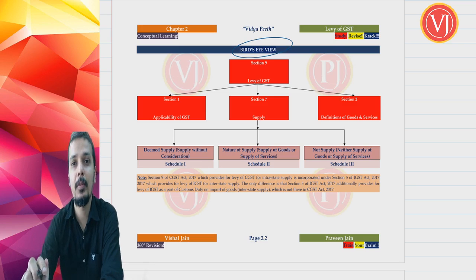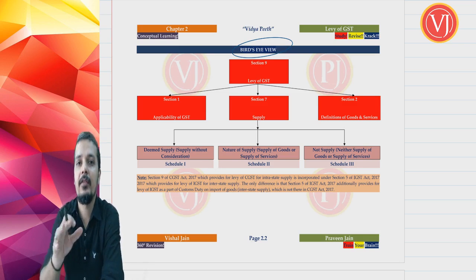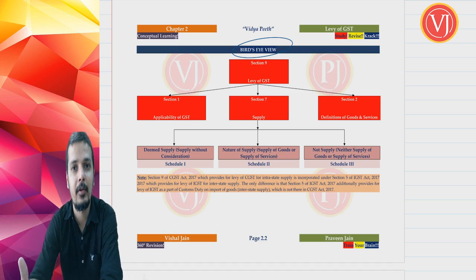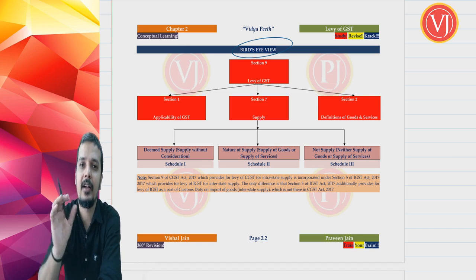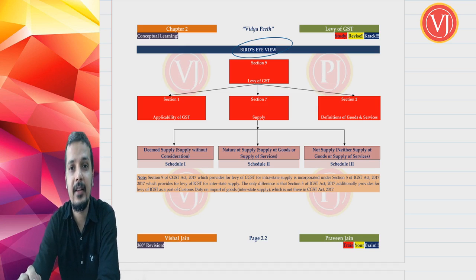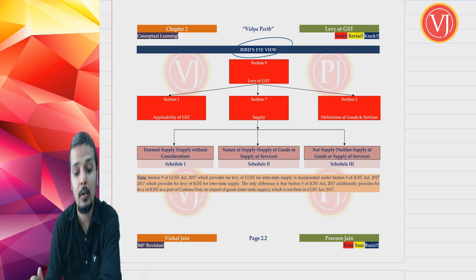So the bird's eye view will be there at the beginning of each chapter. It serves 2 purposes. Point number 1, it will ensure that you are very much aware of what we are going to discuss in this topic. So you have that boundary within which you are going to discuss. It doesn't mean that we are not going to interlink the provisions. Obviously, when you talk about tax law, that too indirect taxes, even when you talk about direct taxes, tax laws are the laws where you have to interlink the provisions. So we are going to do interlinking of provisions as well, but we'll know the outer boundary, what is the main content that we are going to discuss. That is the first thing served by the bird's eye view. Second thing, you'll know all the section numbers, rule numbers, notification numbers, et cetera, within the discussion of this particular topic. So it is going to serve 2 purposes.